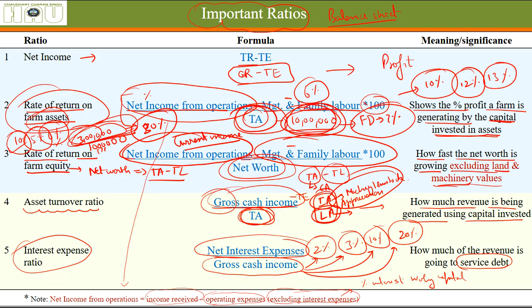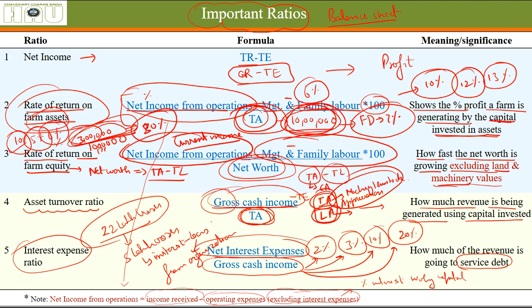Okay, just for the sake of example, the Indian government has a tax collection of 22 lakh crores. Out of this 22 lakh crore, it has to pay around 5 lakh crores as interest on the loans it has taken from different organizations. So you can see, out of the total money we are earning, we are paying 40% of it just for servicing the debt we have taken, just for the repayment sake. Okay, so it shows how deep we are into debt.